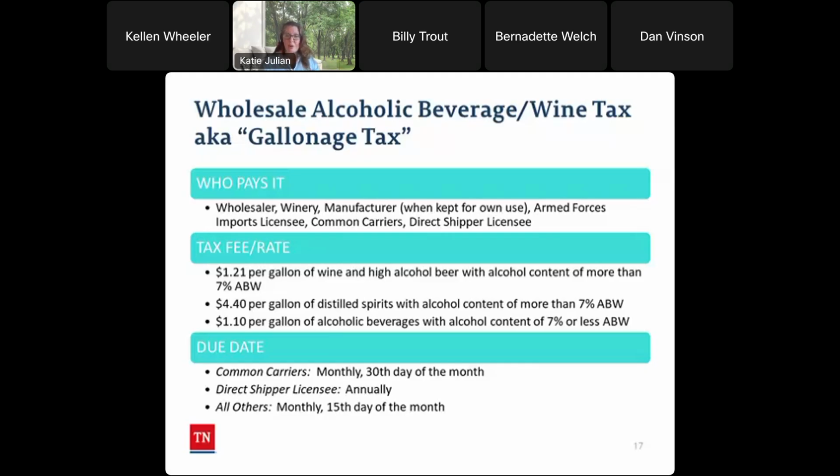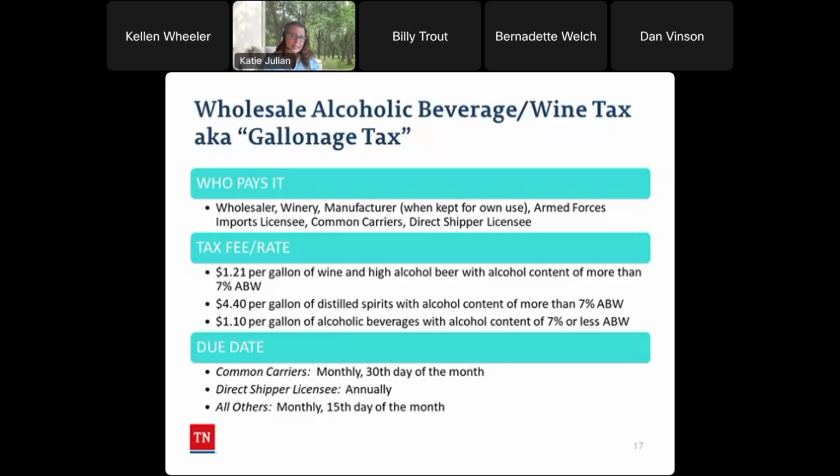Wineries that sell their own products on the manufacturing premises must also remit the wine gallonage tax on those sales. Additionally, a winery that self-distributes its product pursuant to a self-distribution permit also must remit the wine gallonage tax for wine distributed in that manner. So if a winery receives product from a farm wine producer, then manufactures and returns the finished product to the wine farm producer, the winery is also responsible for the wine gallonage tax on that wine.